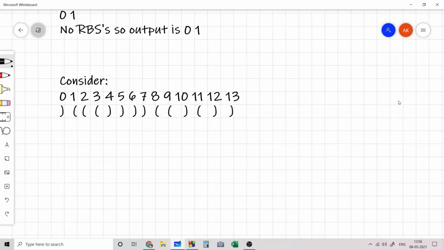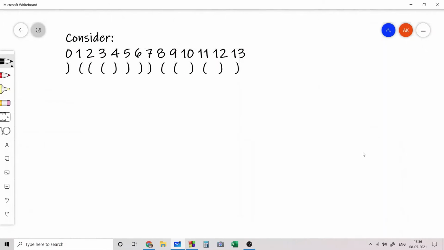In the full solution, let's consider this string from the first sample test case. In this string, we found out that the two longest regular bracket sequences were from positions 1 to 6 and from positions 8 to 13. So let's see why they were regular bracket sequences.